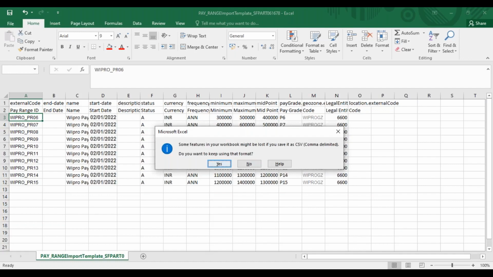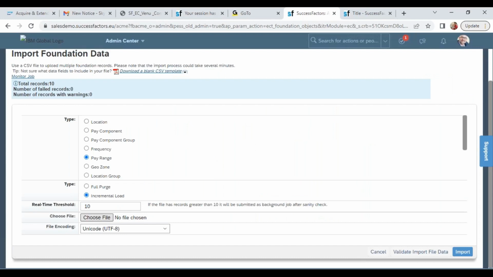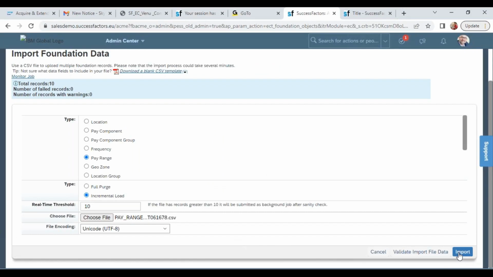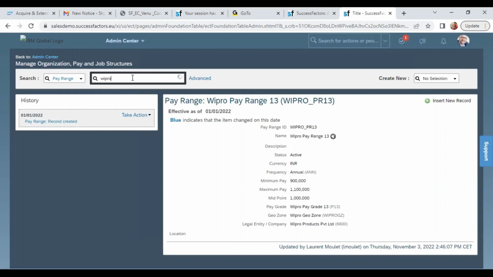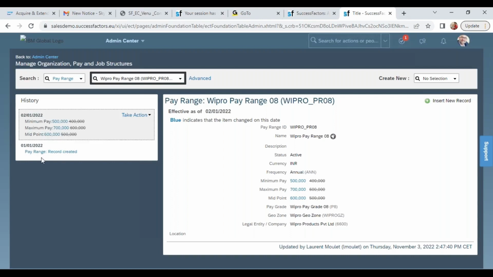Now I will upload these pay ranges with incremental load. With incremental load, let me select my file and import. Now go back to pay ranges. This is uploaded. Okay, go to any pay range. Now you see here, there are 2 records now, 1/1/2022 and 2/1/2022. Because I have uploaded the data with incremental load, the system has inserted one more record with 2/1/2022 with these details,